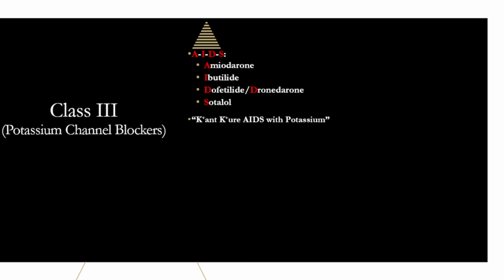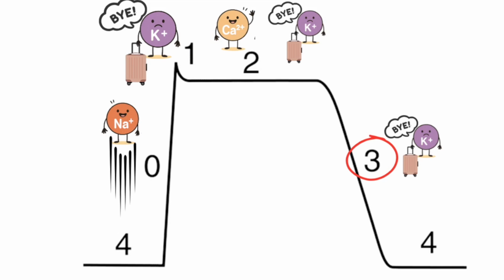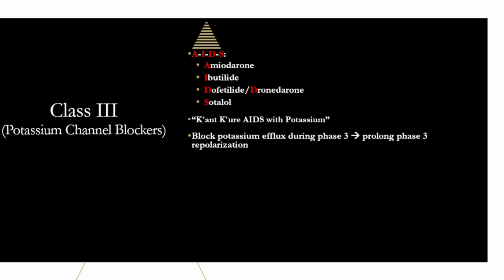Well, for that, we need to go back to our cardiac action potential of the cardiomyocytes we were discussing before, the one with 5 phases. So remember potassium, the party pooper who kept leaving the party and ultimately in phase 3 just flooded out, leading to repolarization. Well, what if we had a drug that can come in and just block the door, not let him out during phase 3, making him hang around? Well, that's our potassium channel blockers and our class 3 drugs, which block potassium efflux during phase 3,